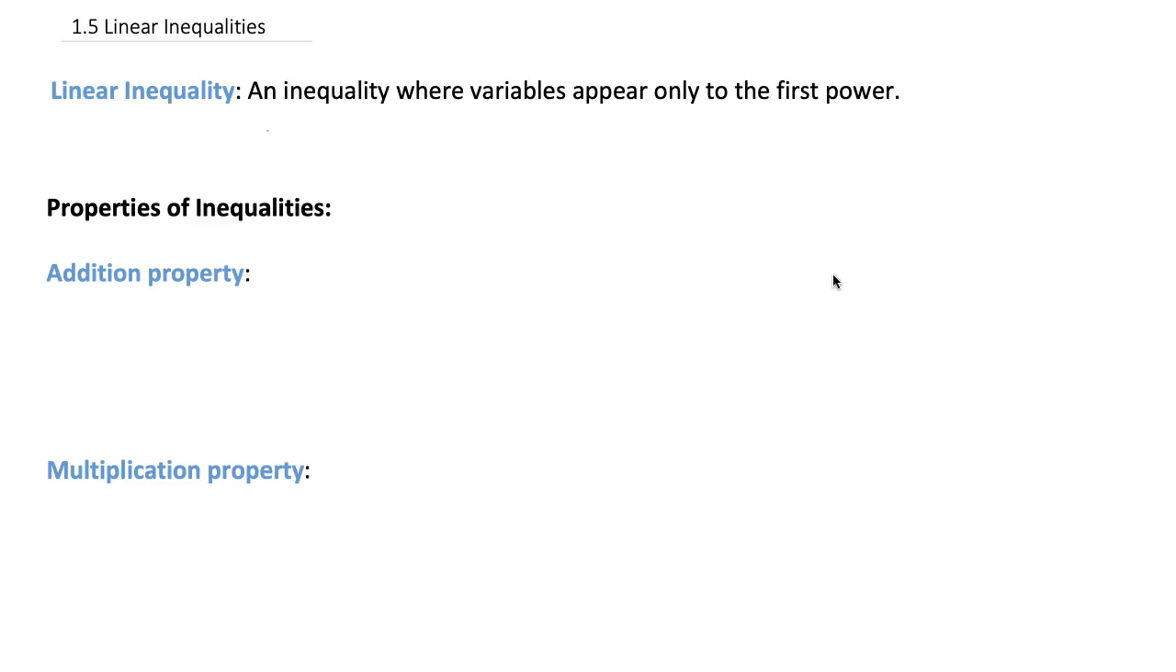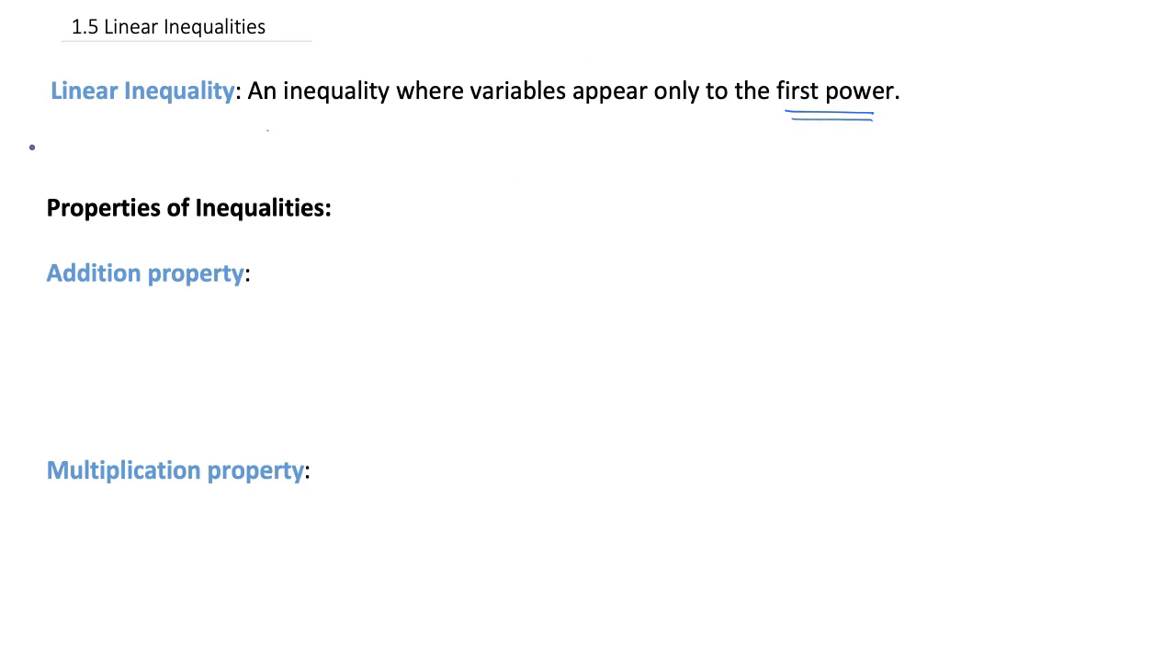Hi, this is Chantel. I'm going to talk today about section 1.5 from our college algebra textbook, and it's about linear inequalities. A linear inequality is an inequality where variables appear only to the first power, just like a linear